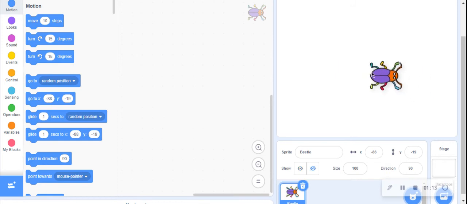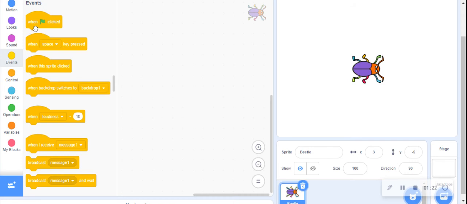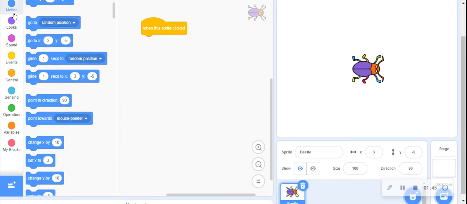Okay. So when this flag clicked, go to motion.